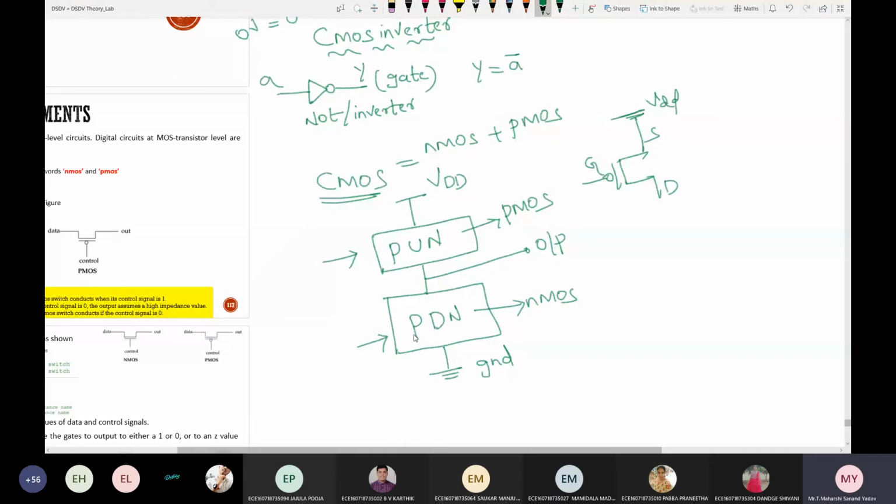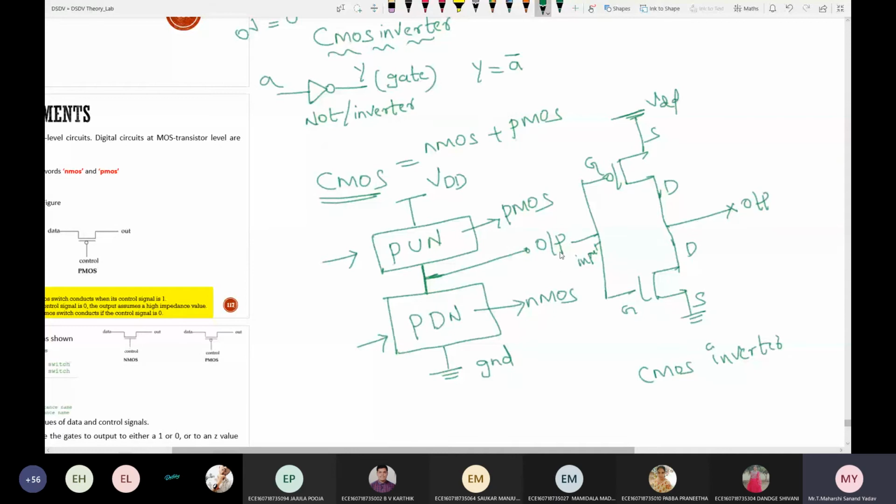I have told you that the PDN, the pull down network, contains NMOS. So this is NMOS. For NMOS, should the source be connected to ground or supply? Ground. So this is source, this is gate, this is drain, and I'm connecting the source to ground. There is a common line from PUN to PDN, so I join them, and between them you take the output. Here I'm taking the output. As both the gates are the same, I join them and treat this as the input. So this is nothing but the CMOS inverter, complementary metal oxide semiconductor inverter.